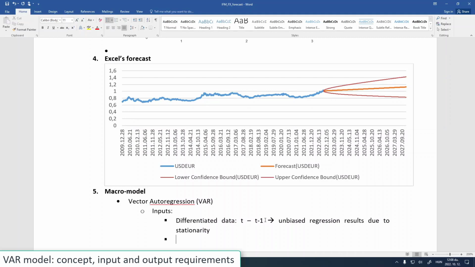Second thing, as an input, we need dummy variables which are representing crisis situations, because otherwise, if you are not including crisis situations, then there will be too many outliers in the data set, and outliers are always killing regressions because they are distorting p-values. So maybe you have results, just they are not significant, or maybe you have completely nonsense results. So that's why dummy variables